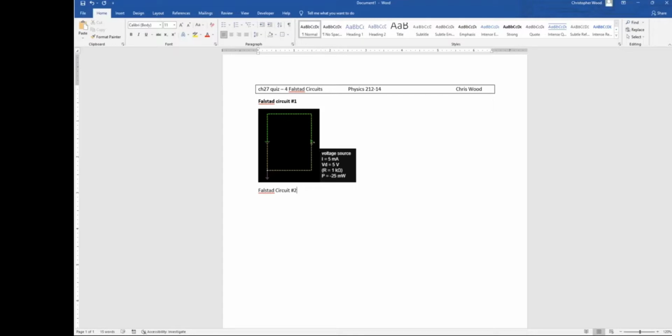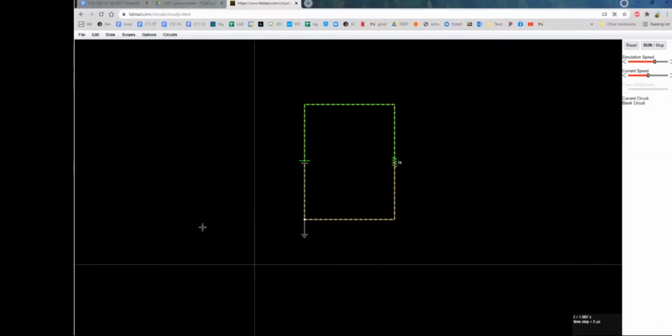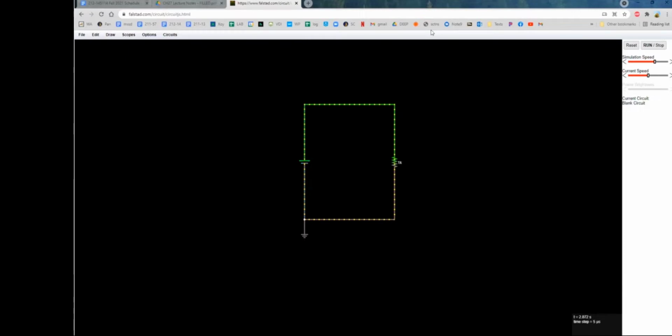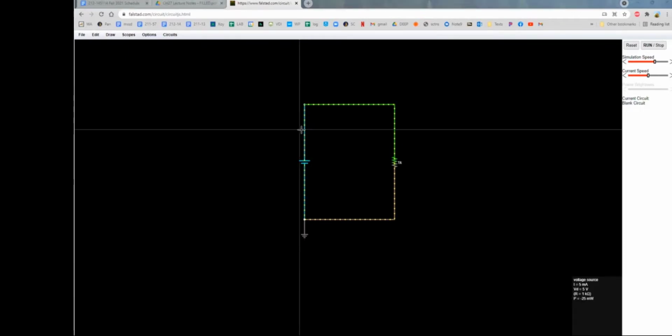Let's do circuit 2. Before we go to circuit 2, this is a series circuit. We're doing more than just making fun pictures. But one of the big takeaways of this is hover your mouse over any wire. And when I put my cursor here, it says there is a current of 5 mA in the lower right window. Notice on my lower right window, when I put my cursor on this wire, it's 5 mA,